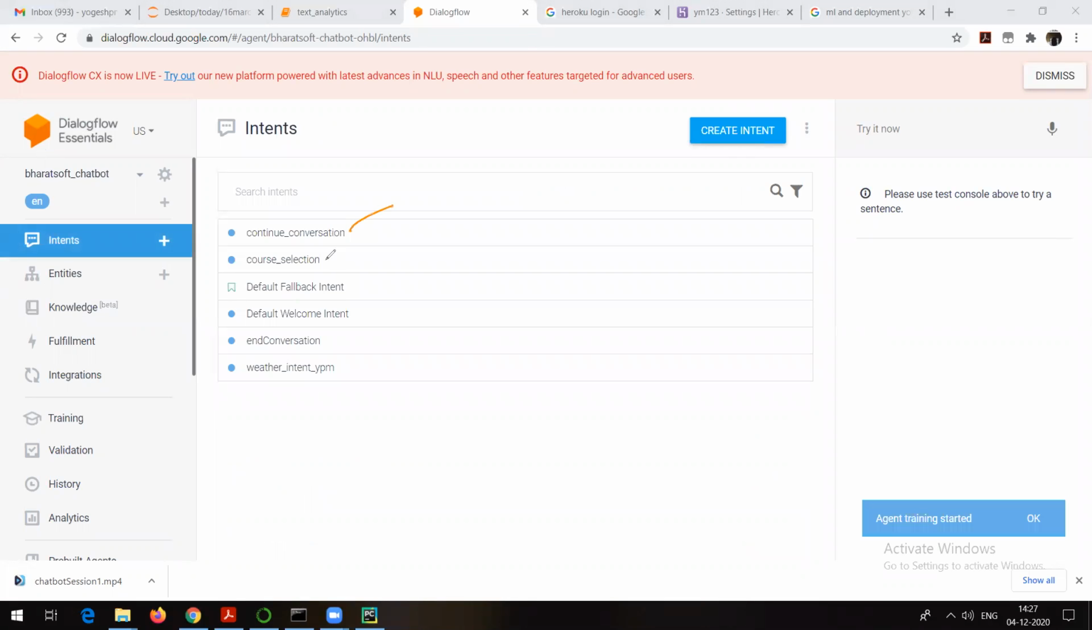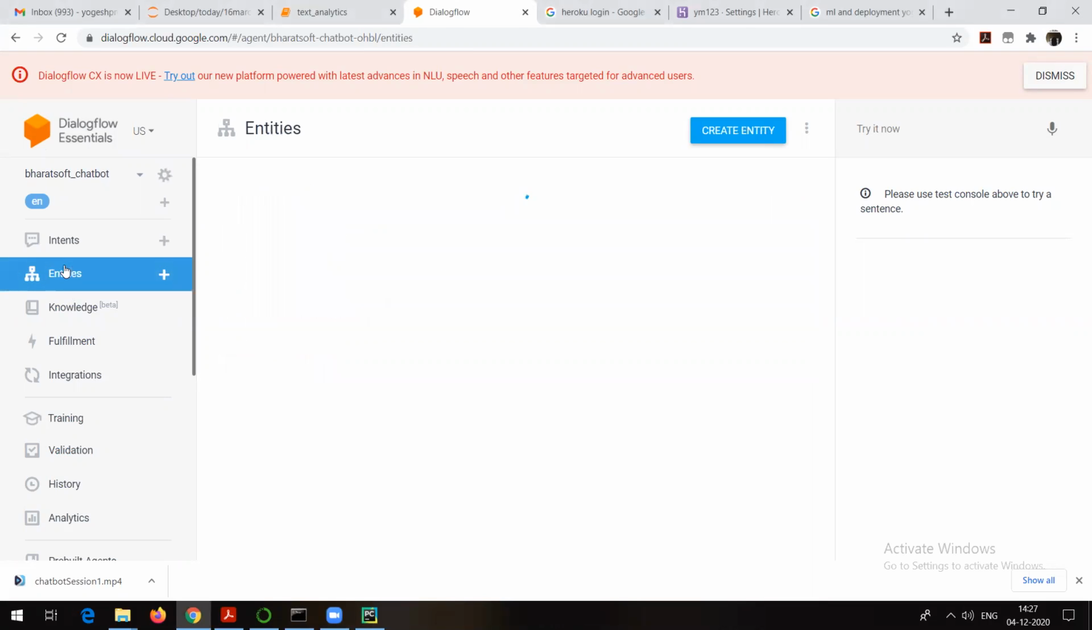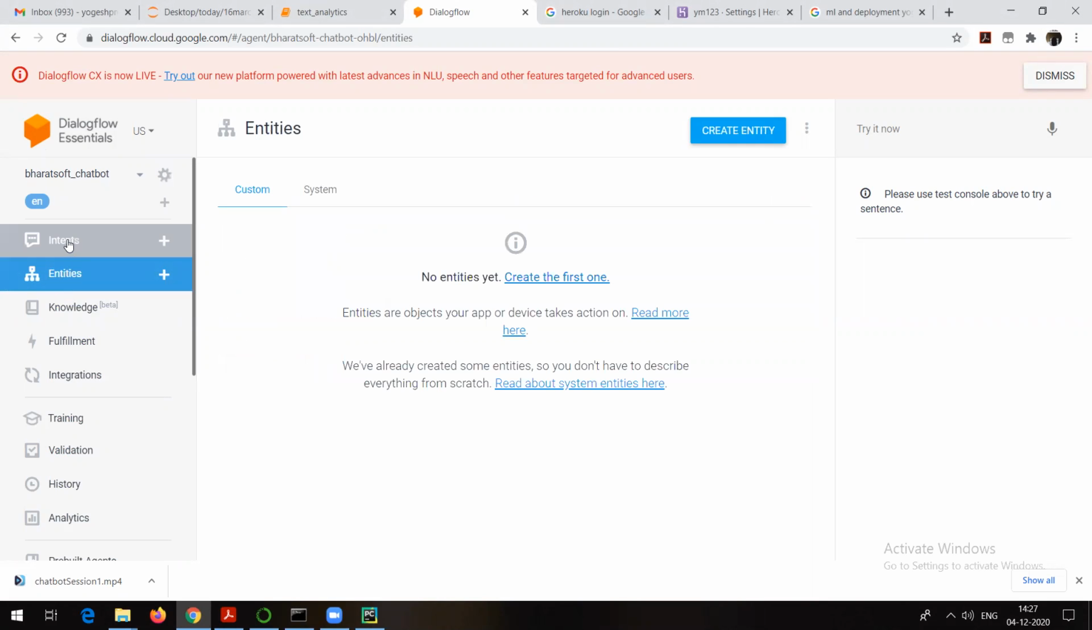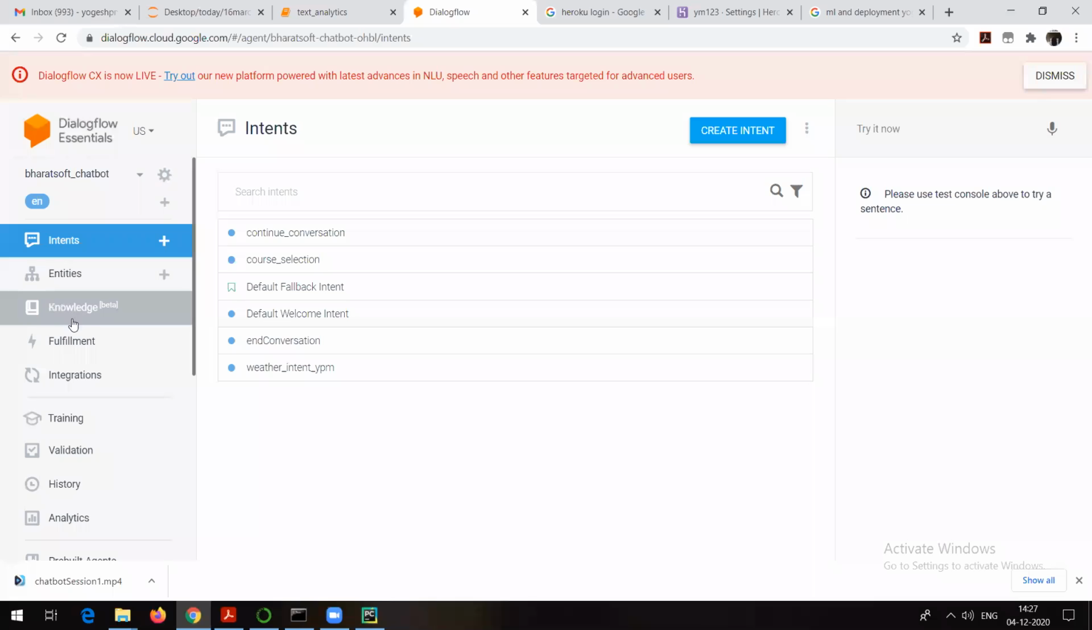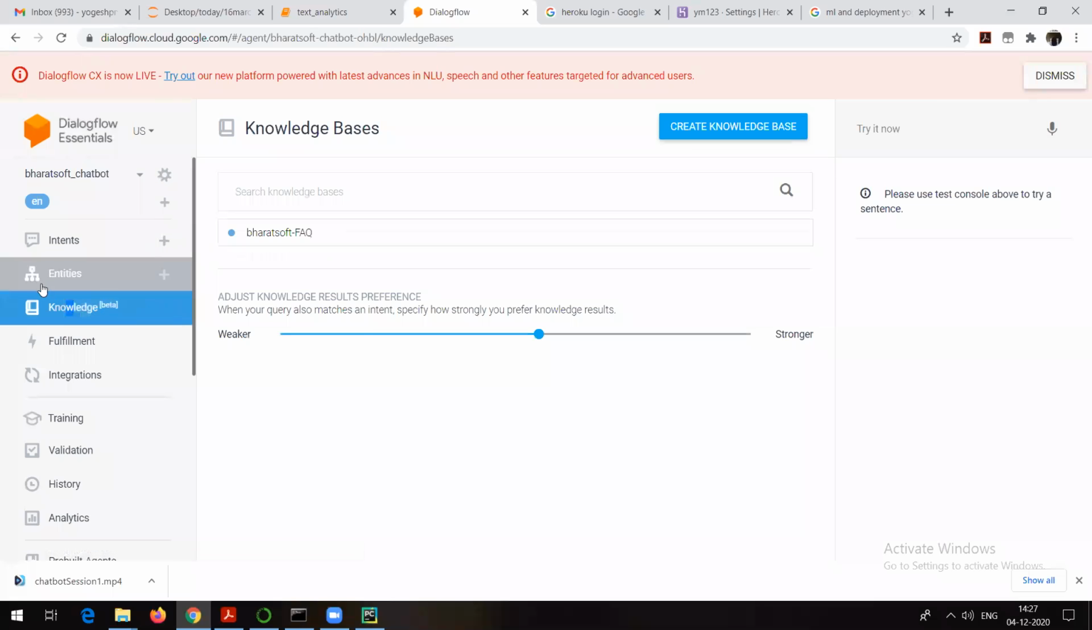Continue the conversation, course selection, default fallback intent, default welcome intent, end the conversation, and whether intent is like the intent which I have even shown to you also. I hope you people are able to understand what that intent is. Entities are also created, okay, or again if you do not want, you can go and create the entities here also. Talking about knowledge, now in this case you can see I have given the name of a CSV